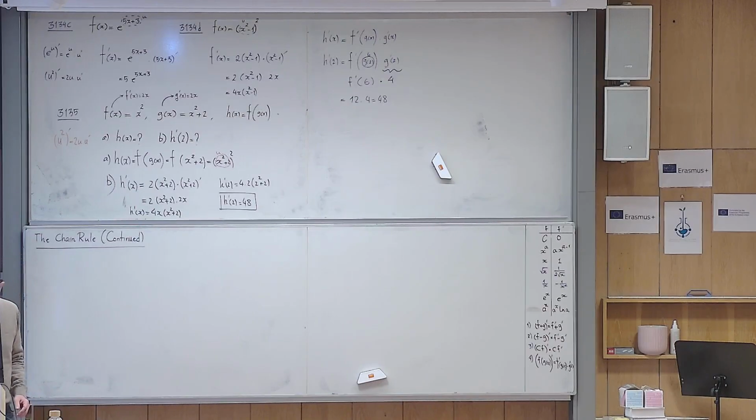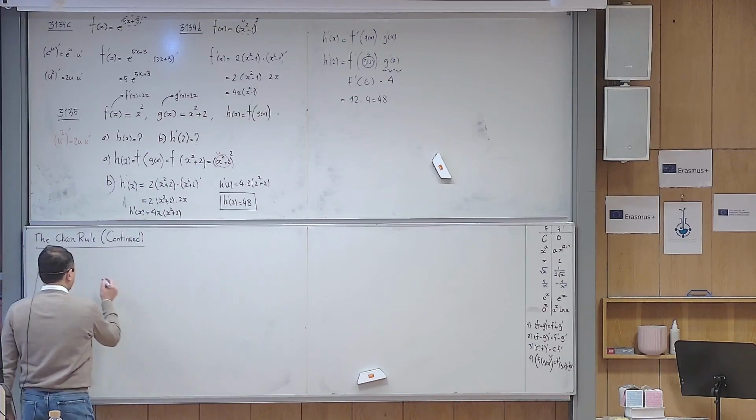So let us analyze the problem. You see a function is given. You want to calculate the derivative of the function at a given number 1. So you are not allowed to put 1 first. Be careful. You have to differentiate first and then replace x with 1. So let us go to the board and I will do the same thing. So this is problem